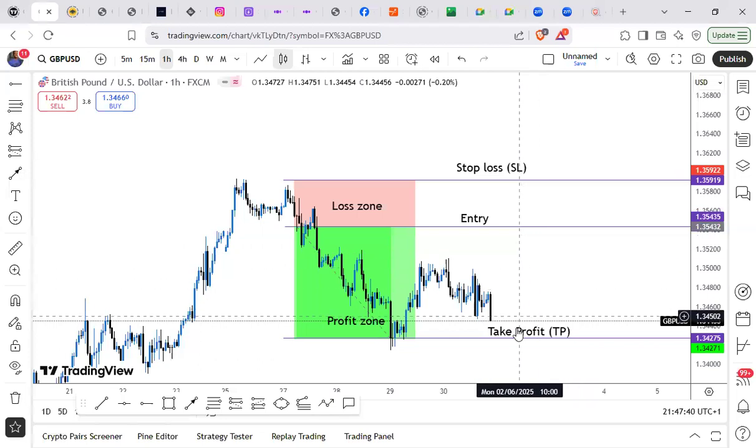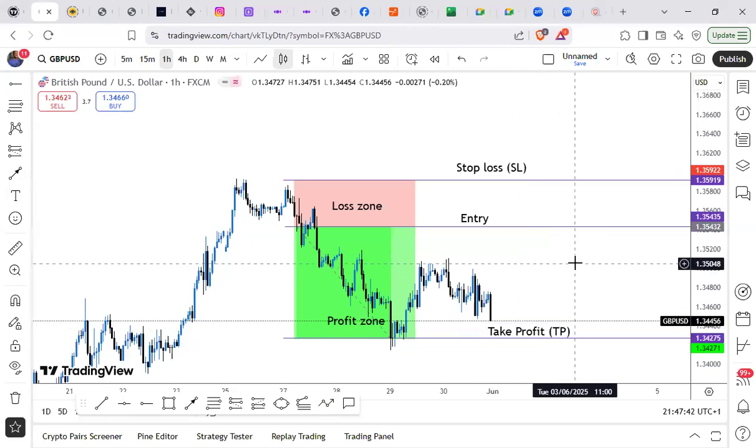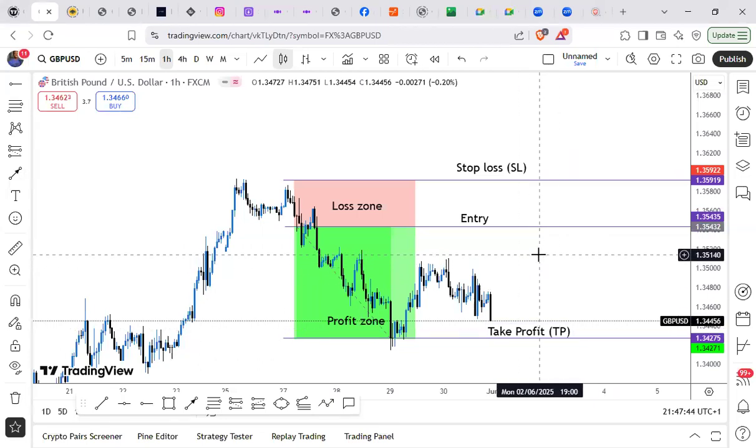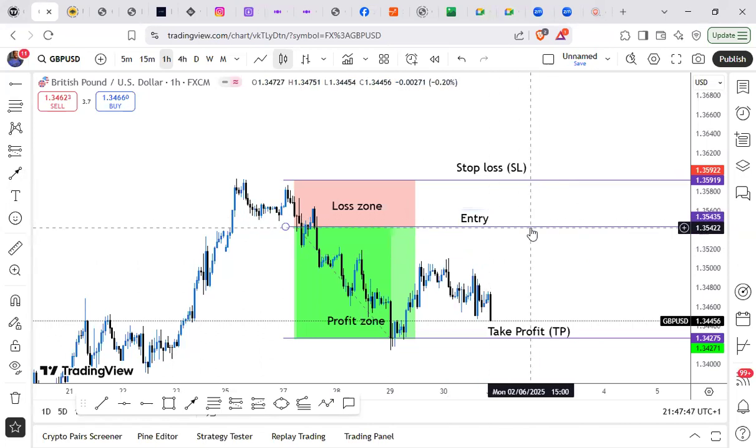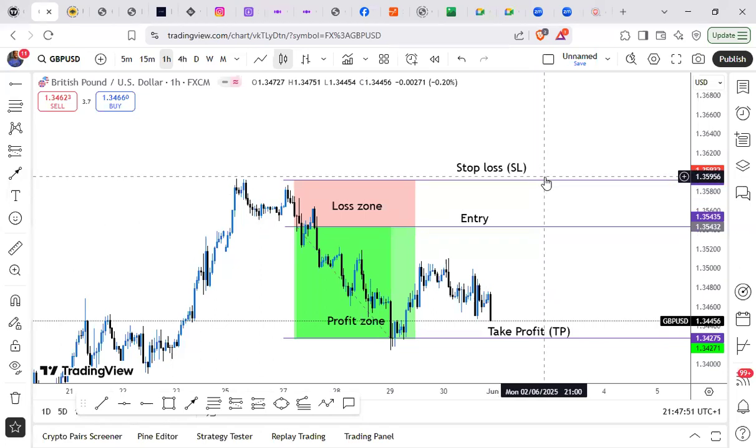So stop loss, my entry, my take profit. Whenever I make a trade, if I place a sale here now, that will be my entry price. Then I will have to put a level called stop loss. Stop loss means that